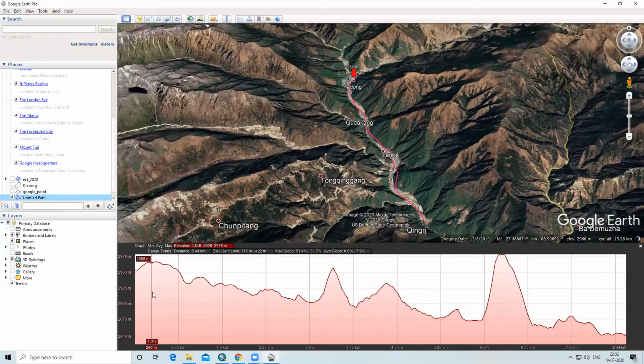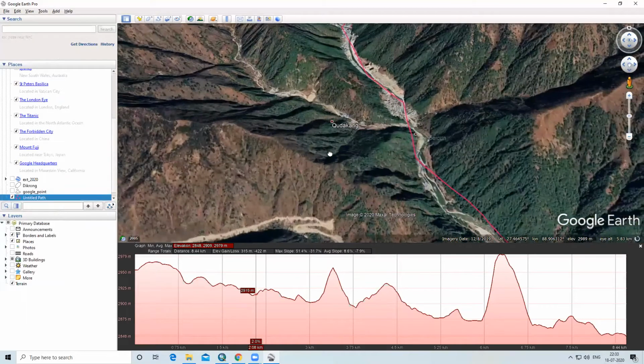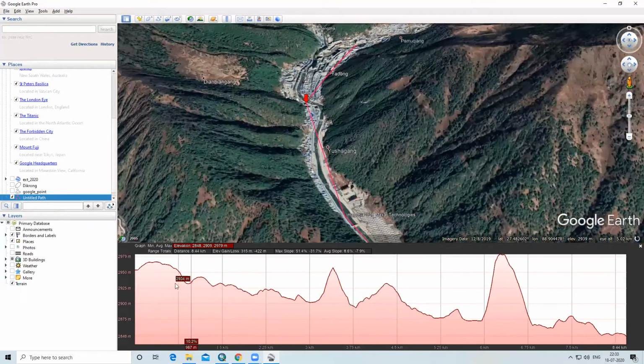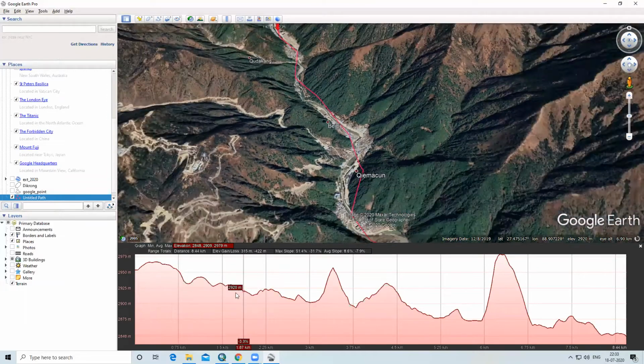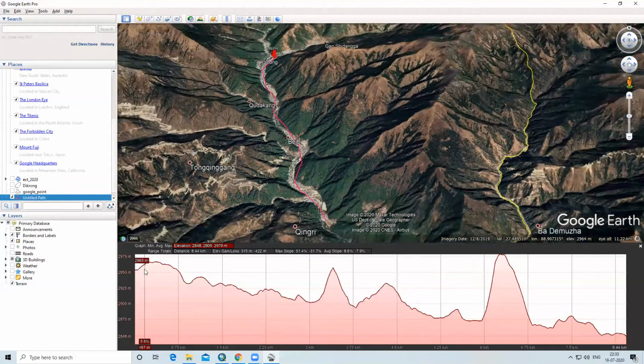As I am moving the arrow below, the above arrow is also moving, so we can see the elevation profile at that point. Again you can see here elevation decreases, again elevation increases, again decreases. In this peak, here again elevation increases, again it decreases. Like this you can see an elevation profile here. It's showing a distance, it is covering 8.44 kilometer distance, and it's showing the maximum slope and average slope of the area.